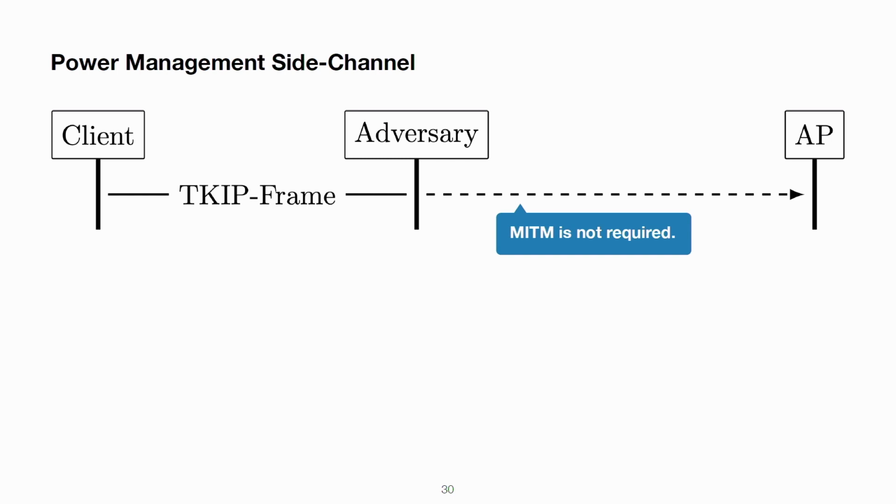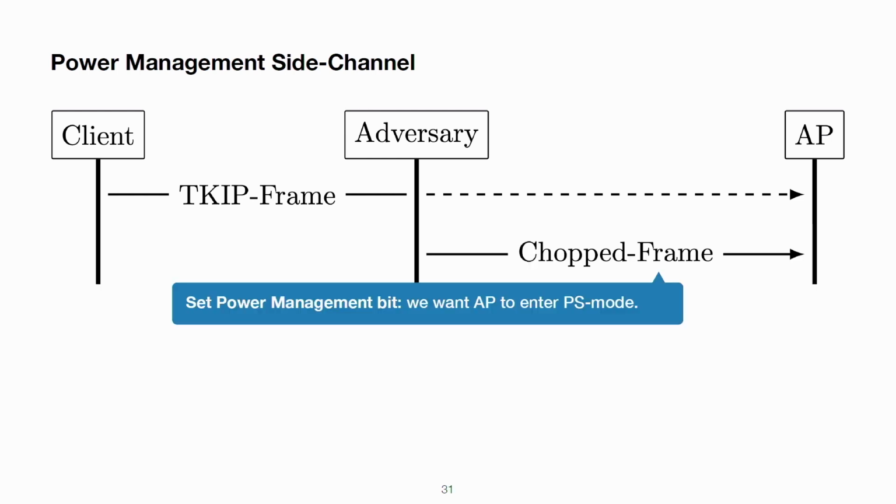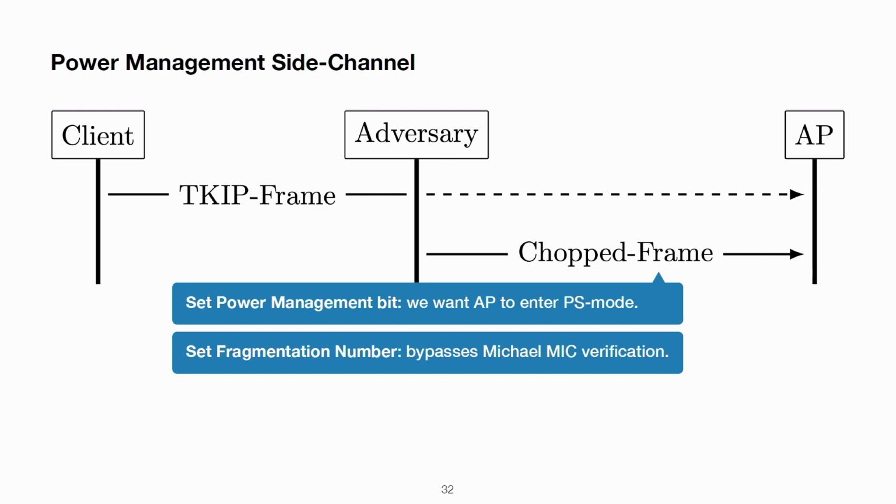So let's say we have an adversary somewhere in the network, which does not need to have a man-in-the-middle position. All the frames can be received. There's no issue there. So as an adversary, we can capture a frame, and then we will try to perform the ChopChop attack. What we do is set the power save flag in the header in the hope of having this frame accepted by the access point. Here we will try 256 times this same frame, for each of the possible values of the plaintext byte. And there are a few tricks we need to do with this.